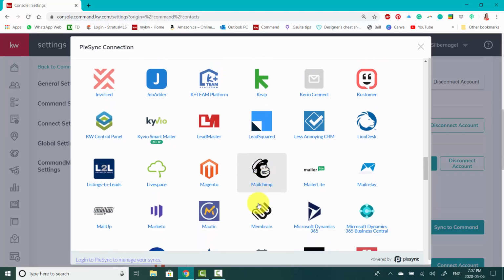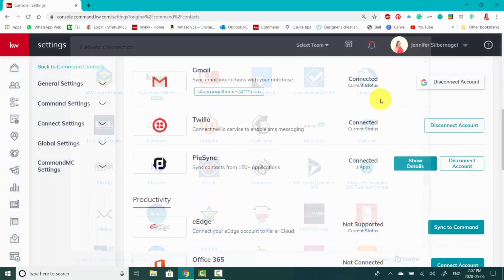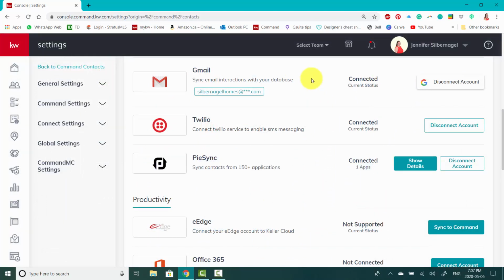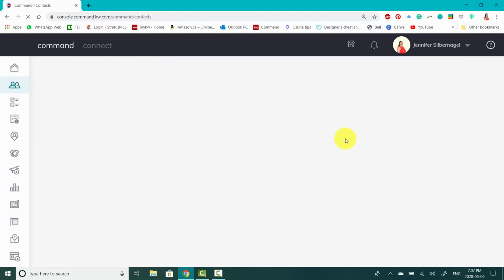Same with MailChimp. So those are the three ways that you can add contacts into your database, into your Command database, depending on what approach you want to take or what you need to do. Are you doing a full import, or are you just simply adding a handful of